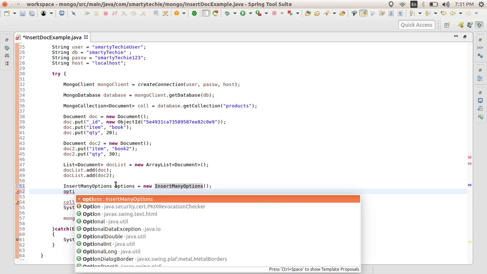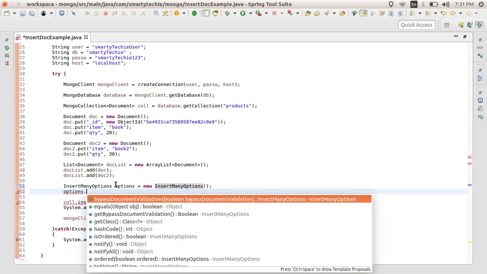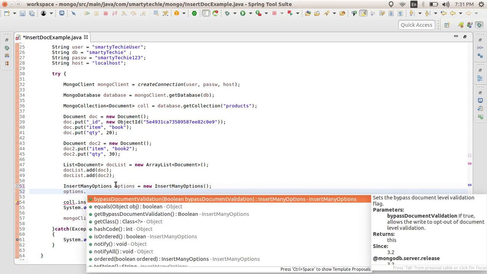Actually it only provides two options. The first one is bypassDocumentValidation. When you have a validation on the document level, not on your application level, you may provide the validation that for any key the value should not be greater than 40 in size. These are the validations you can provide in your document.